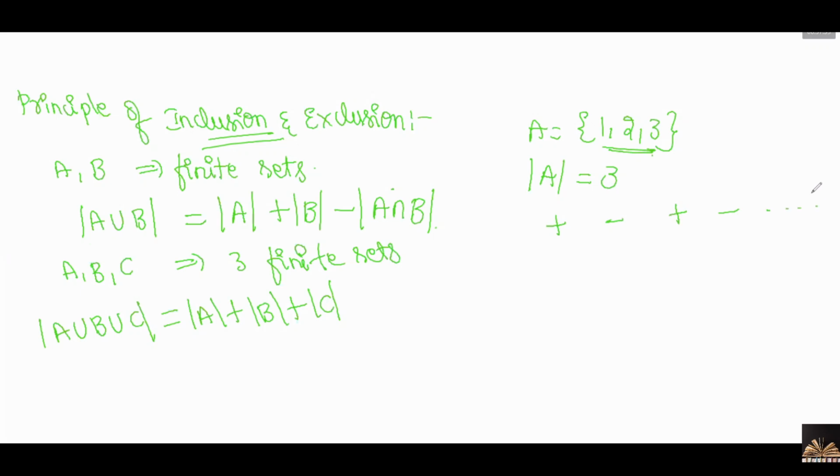That depends on the number of elements, right? So it always starts with single elements. For all the single elements you will get plus. Next, for double elements you will get minus. Next, for three elements you will get plus. Next, for four elements you will get minus, and plus and minus will alternate. This is for single sets, this is for two sets, this is when you take three at a time, and this is when you take four at a time, right?